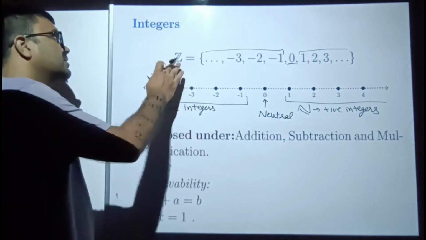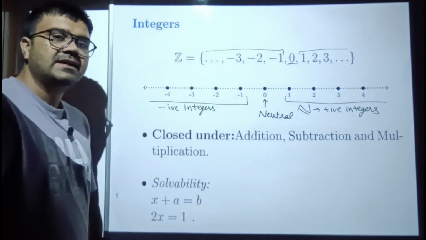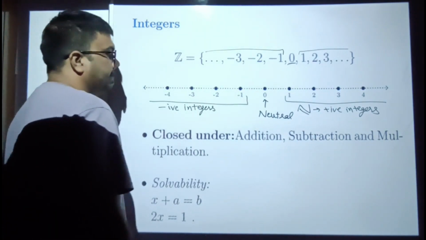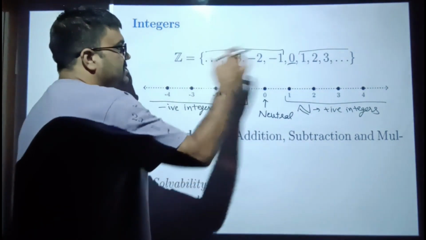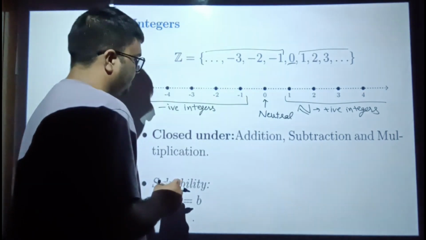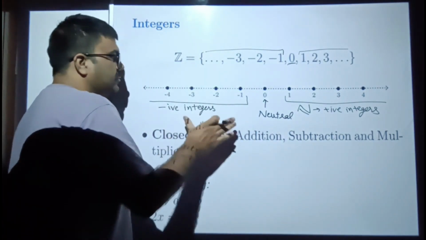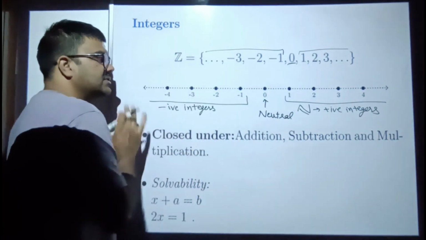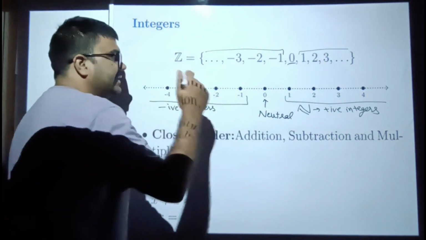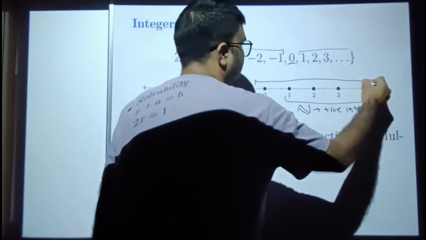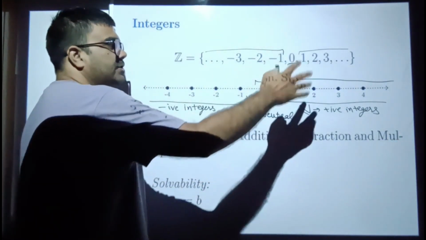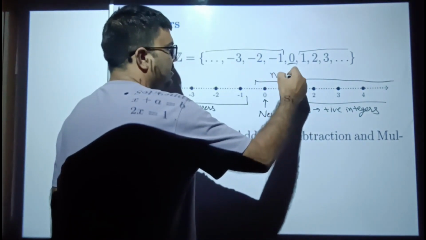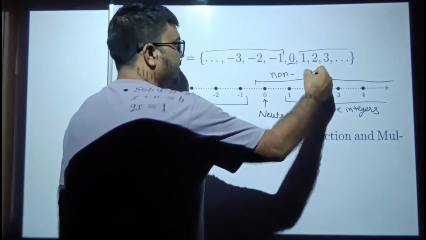So when we are talking about the set of integers, we denote it with Z, and these are the elements of that set. It is an infinite set. It has no least or greatest element. Another important thing to note is that -1, -2, -3, -4 are the negative integers. The remaining integers, starting from 0, that is 0, 1, 2, 3, 4, and so on, are called the non-negative